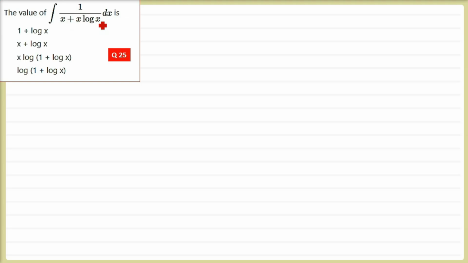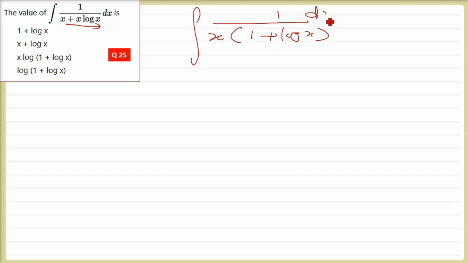We can take this x outside. Just take x and you will see what will happen. So I am taking x out, and of this only 1 plus log x will remain. Integration of dx divided by x plus x into 1 plus log x. Now when you take this 1 plus log x